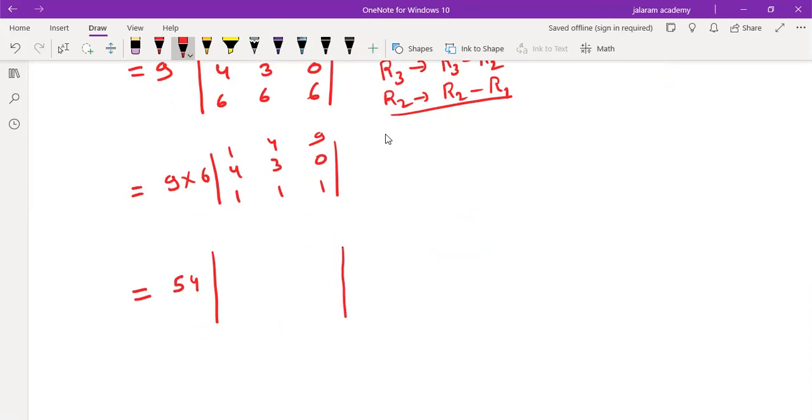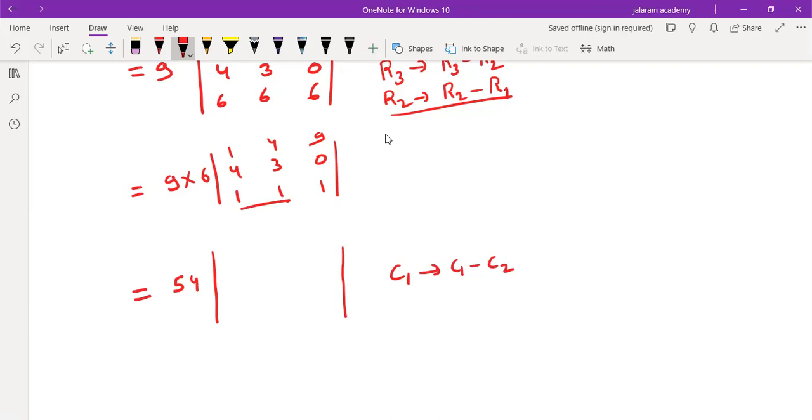What should we do now? 1 0 is there. We have to bring 0 in the same row or same column. For this, we can do one thing: if we subtract column 1 from column 2, it will give 1 0 in the last